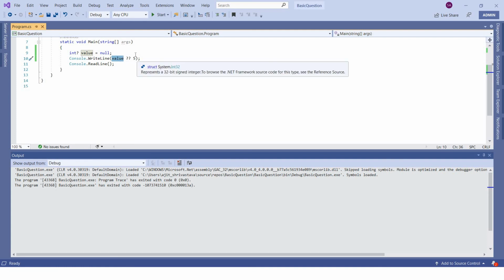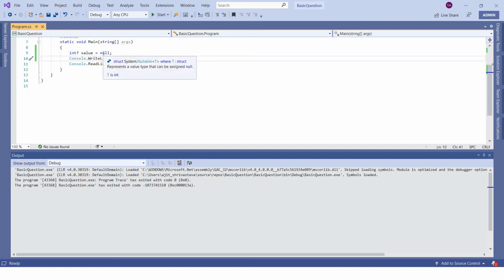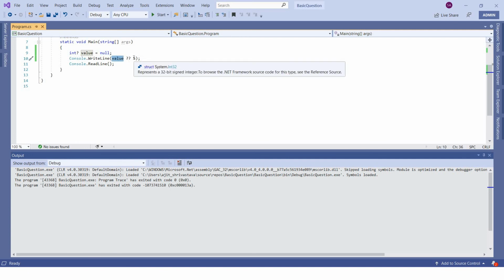Instead, it will return whatever value we have given on the right side. Earlier the value was not null, we had assigned 11, so it printed 11. But now since we have set it to null, it checked whether it is null, which is correct, so it is printing 5. So this is the null coalescing operator.